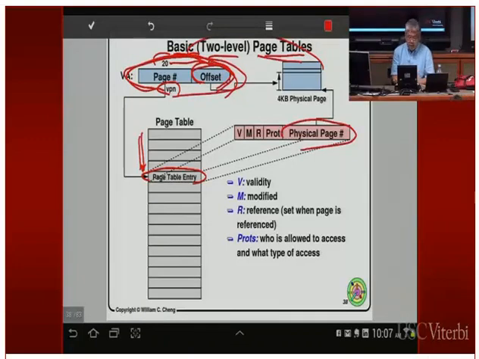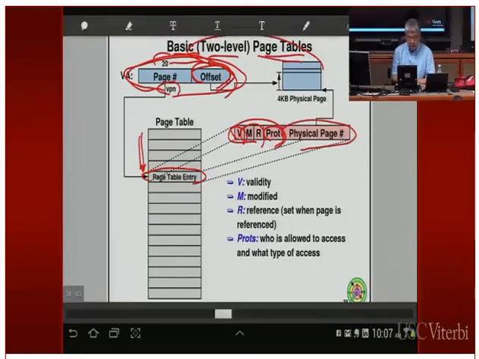All right, in the page table entry, there are other bits. We're going to see how these bits are used a little later, and we already know things about validity, about the protection, the read-write, and the other bits we haven't really talked too much about. So when we get to the next set of slides, we're going to see that. All right, so for now, this is the top-level picture, right?